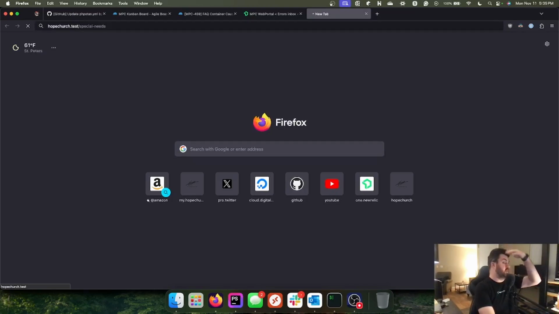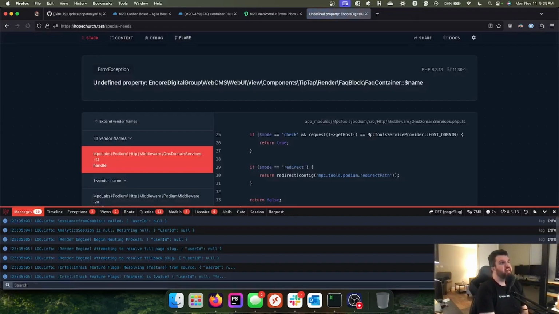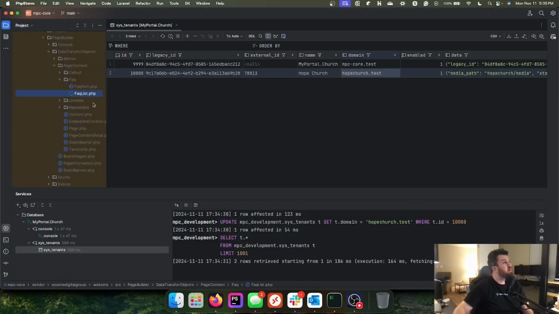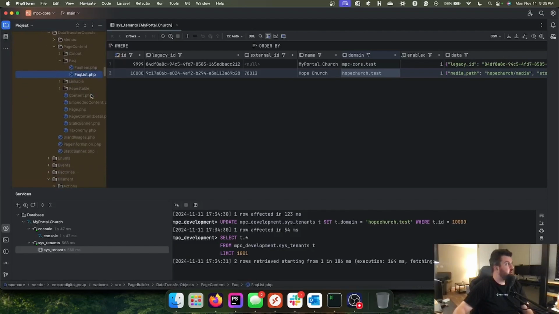Let's see, what's the stack it gives us? It's thinking. Okay. FAQ container name. Okay. So, now that we know for a fact that that's what's going on,